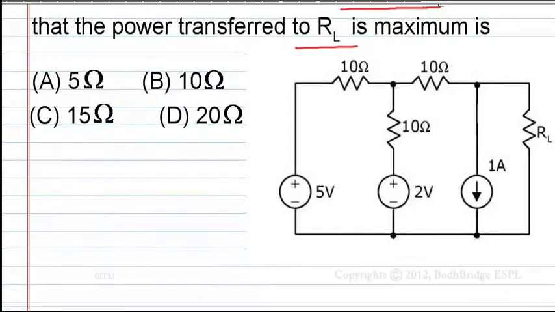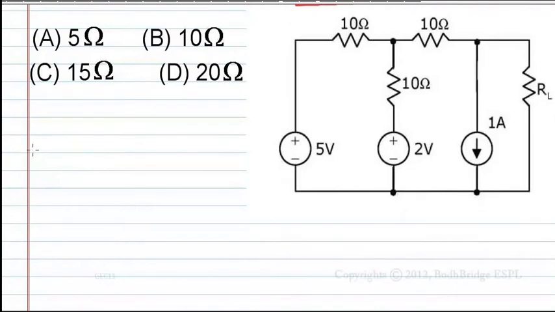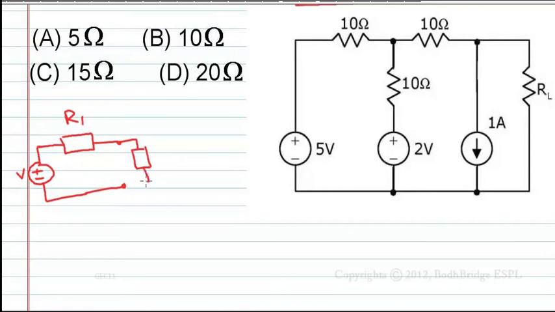Okay. What does the maximum power transfer theorem say? See, if a voltage V is present here and there is some impedance Z, or let us say R, here everything is real, so R1, and the load resistance is RL. For the maximum power to be transferred to RL, the load resistance, the condition is if RL is equal to R1, then maximum power is transferred to RL. This is what the maximum power transfer theorem claims.